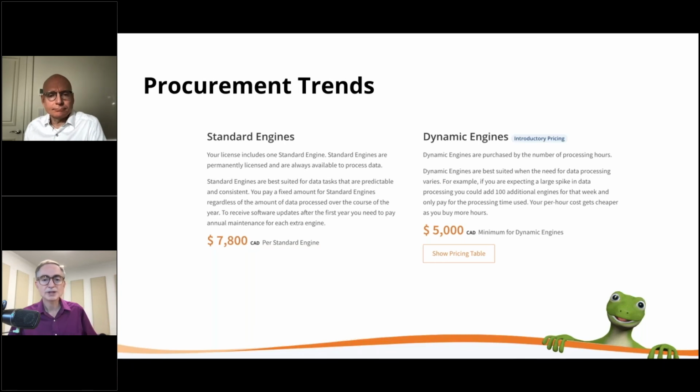Don, I remember being at a conference with you probably 15 years ago, and a customer from New Mexico came to us wanting exactly this functionality. I know it's been on our board for years and years, and finally getting all the pieces in place, it feels great to see this come to market, that's for sure. Dynamic engines and the job metrics information are related, because then you can look for jobs that have very low CPU percentage, and that information is useful in deciding whether you want to use dynamic or standard.